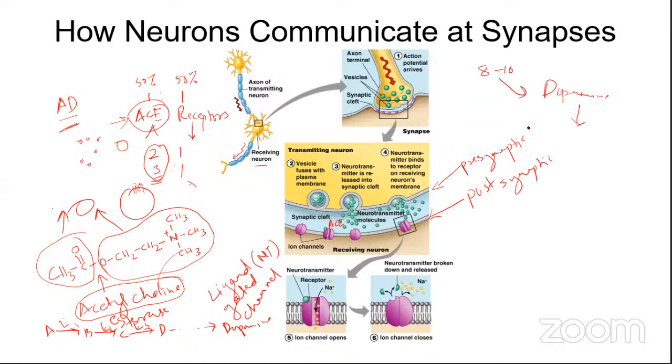This is when it is already released in the synaptic cleft. How are you going to control its action? And why is this control required? Because if you don't control it, then it will continue to bind to the receptors and continue to initiate action potentials in the next neuron. You don't want that, right? You want one action potential and that's done. It should cease.